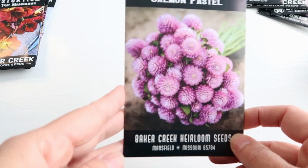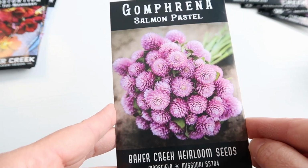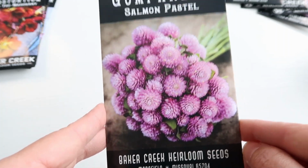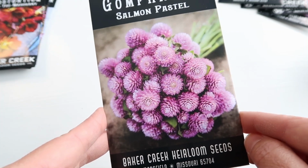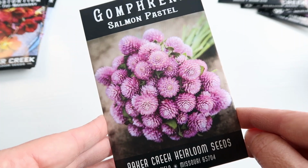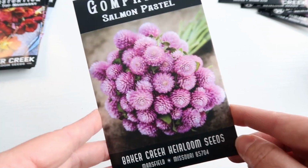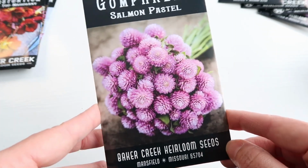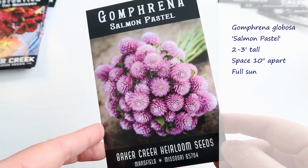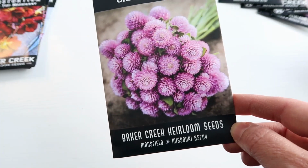Now, I'm not sure why it's called Salmon Pastel, because when I look at these, they don't look salmon. They look pink, lavender, purplish. And even on the website, it says the little pink heads make an amazing pink tea that's popular in Asia. So I'm not sure where the salmon comes from, but anyhow, these get to be about 2 or 3 feet tall, and they're very low maintenance. They make for a great border if you can actually get them to grow properly, which, fingers crossed,